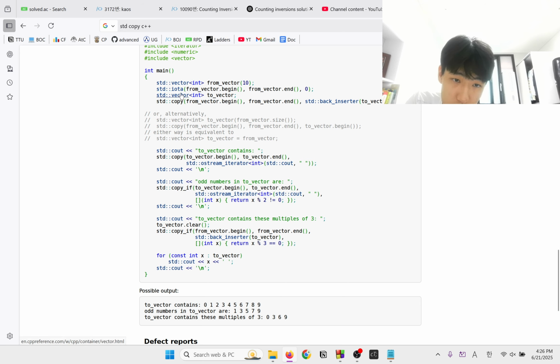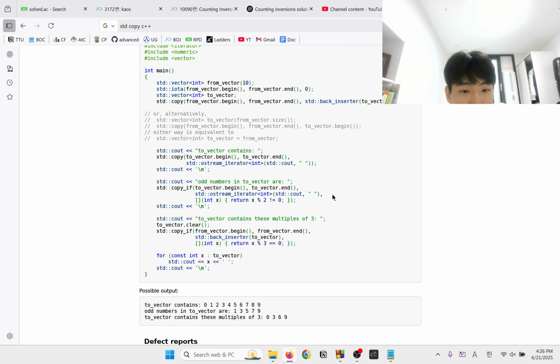I remember seeing this function last time, so I get that. Oh, this is pretty fun. We throw in a lambda function to filter out certain elements.